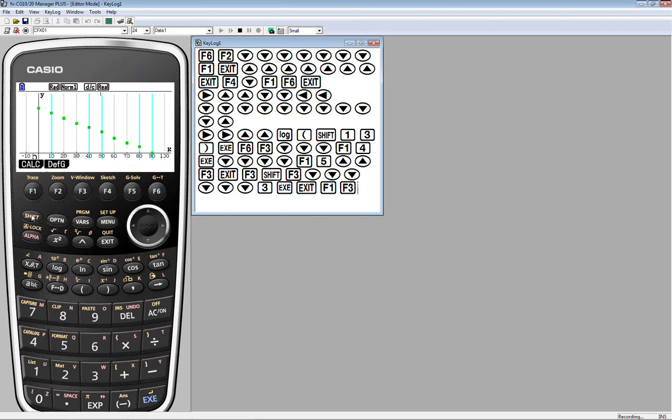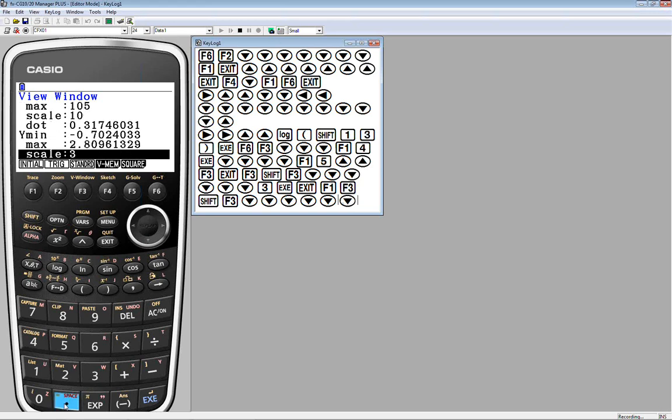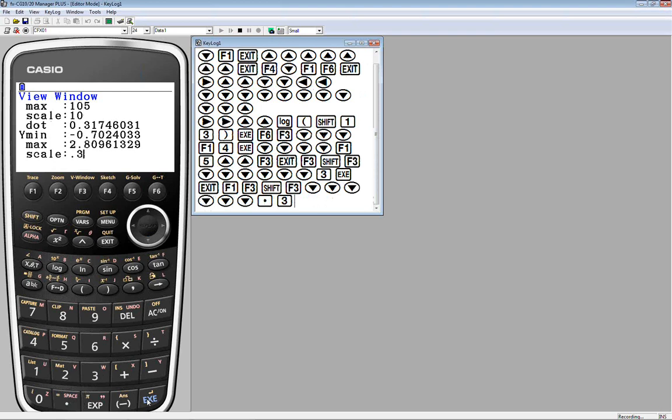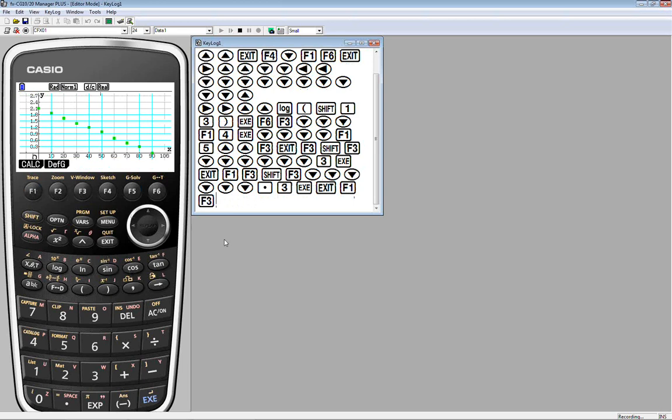I may have forgotten to execute that. I don't want to take too much valuable time worrying about the grid lines so much. Oh, 3, I'm sorry. 3 was a poor choice. I really meant 0.3, not 3. That explains why nothing was visible. Sorry about that. There we go.